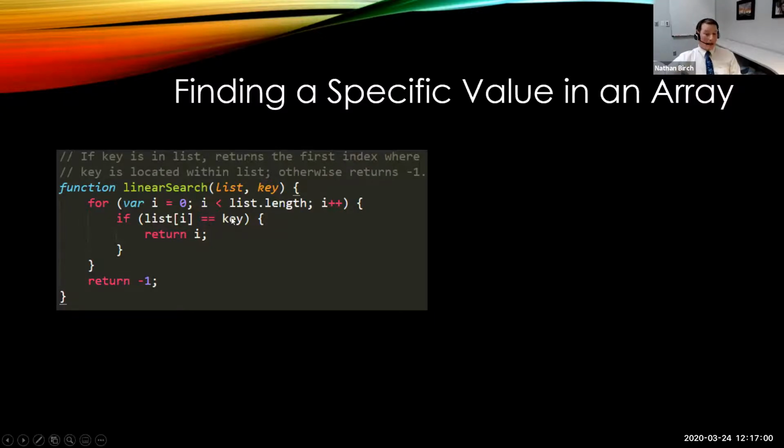And if at any point my key was equal to a value inside of that list, I would return the index that it matched. Otherwise, at the very end, I'll return -1. You might be like, well, why would you return -1? That's just a very common way to see things if you can't find a match, because arrays are zero based. You never know how big they're going to be, so it wouldn't work to return 1,000,000 if it didn't find a match. If you wanted to, you could do -2 or -1,000,000, but it's just really common to see -1 if there wasn't a match. And that is how you could find